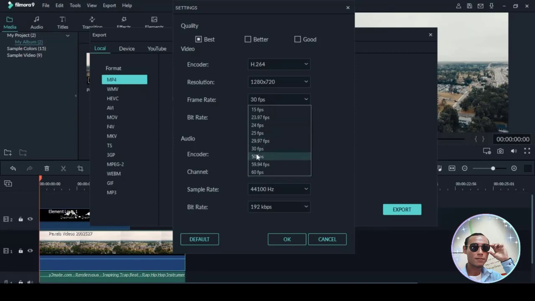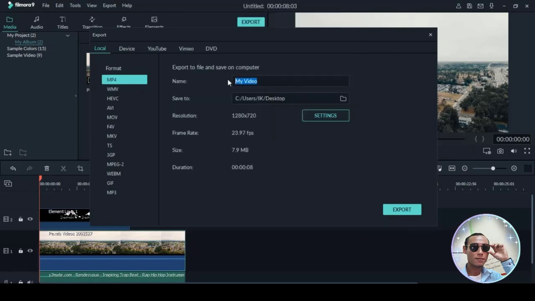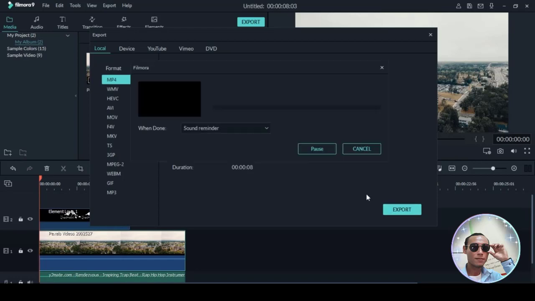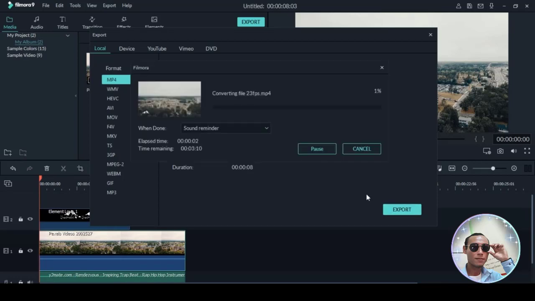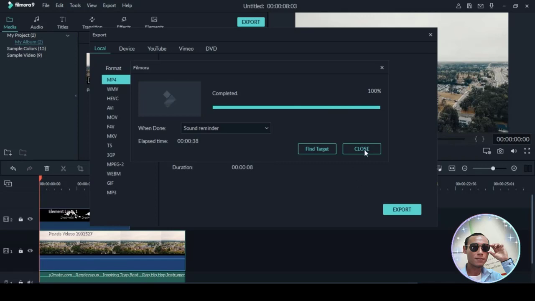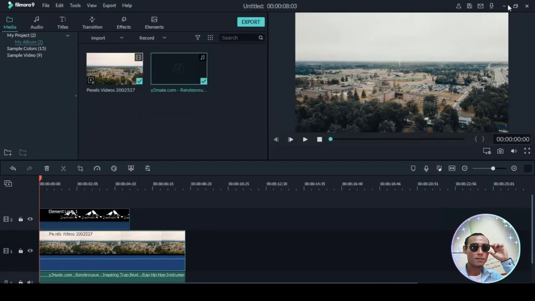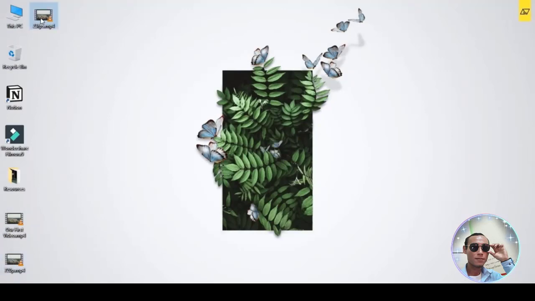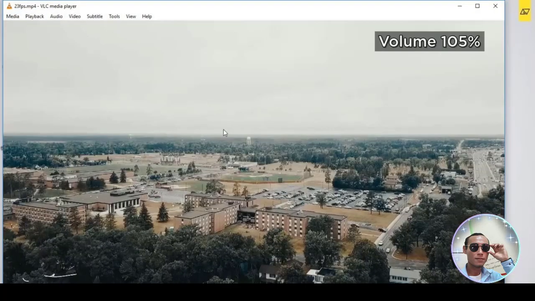So let's change 30 to maybe 23.97 fps. Click OK. Let's change the video name to 23 fps, right? And then export. Okay, so our video has exported. Now let's see. So this is the video which has 23 fps only,